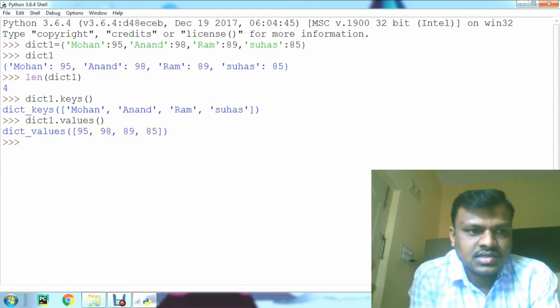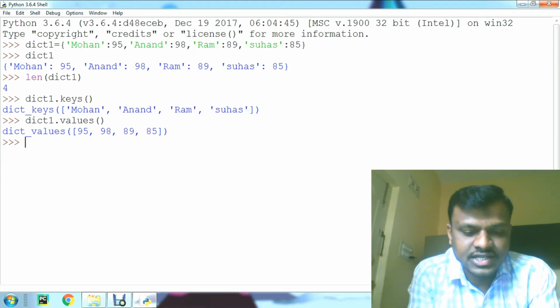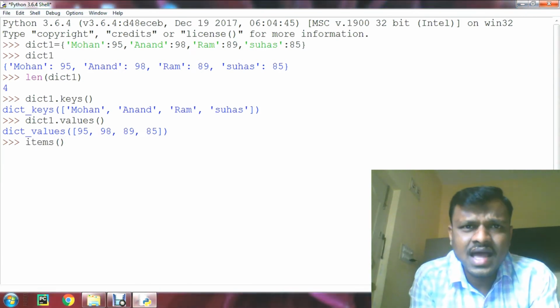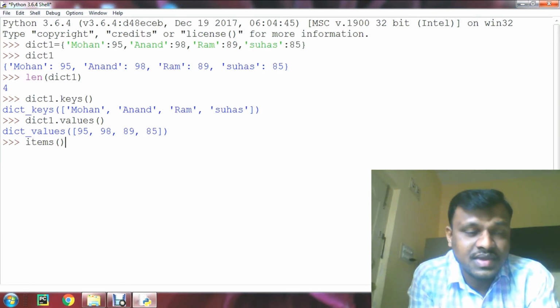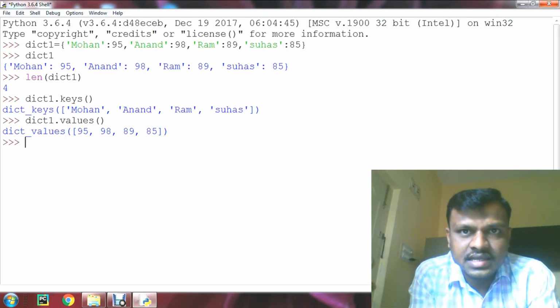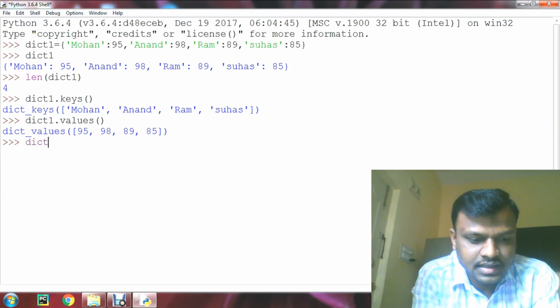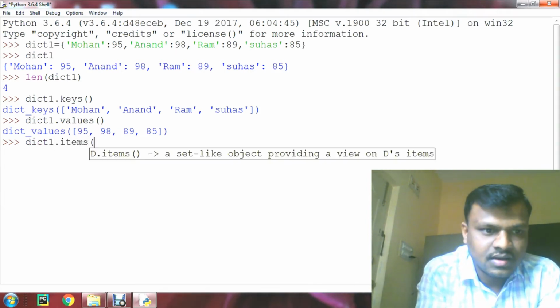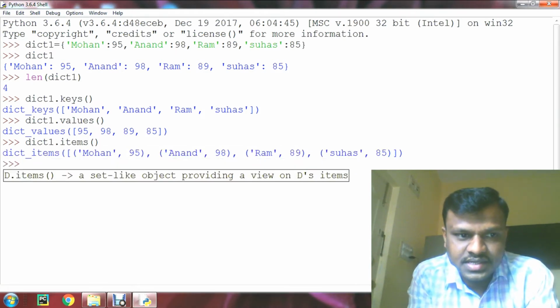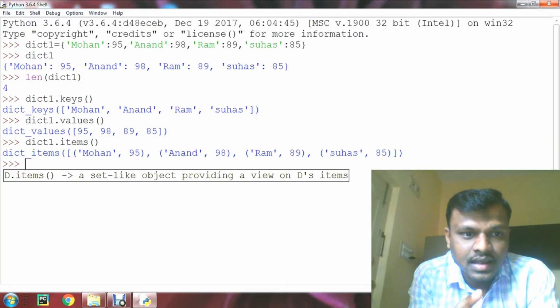Understand? So we have another built-in function called items. This items function is going to return a list of tuples, that means key-value pairs. How is it going to return? Let us see now. For that we have to call dictionary1.items. See, dict_items of Mohan comma 95.